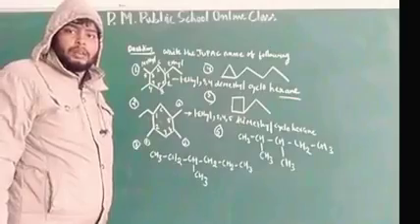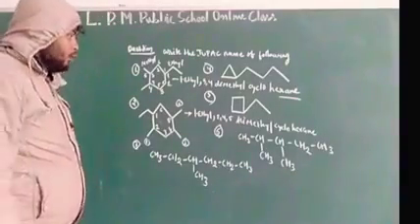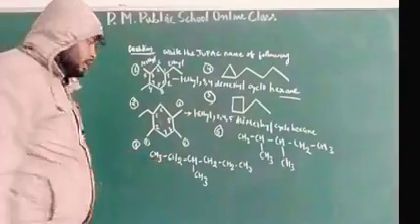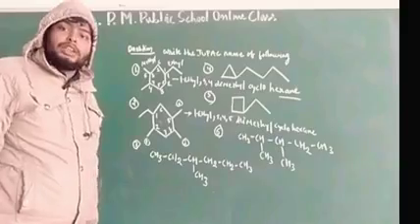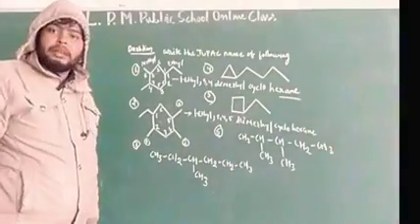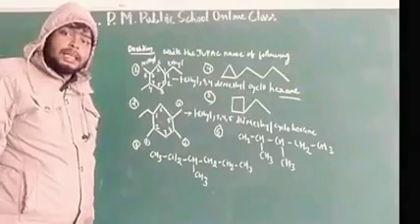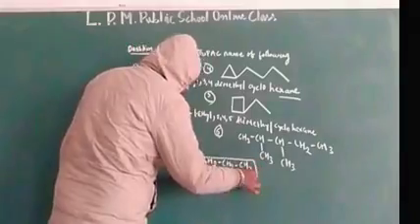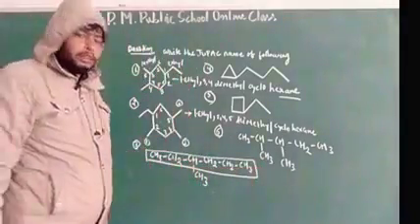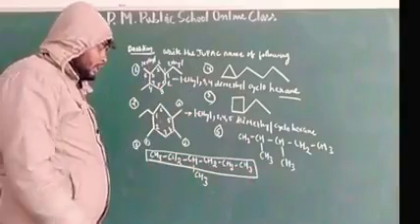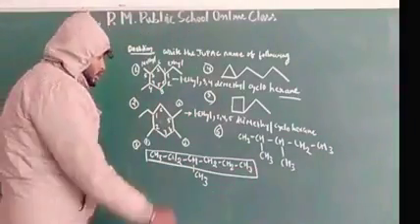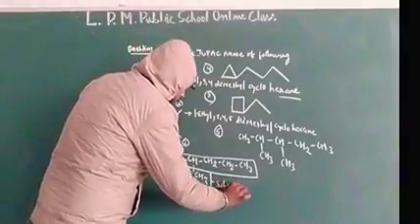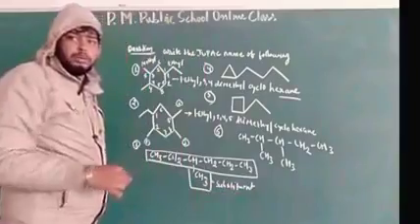cyclohexane. Okay. Now we have to see the third one. It is a very easy question. For this, you have to apply the concept of IUPAC naming. That means you first select the parent chain. This is your parent chain, and you have to think about the numbering for it. This is your substituent, that is methyl. This is your substituent, that is methyl.